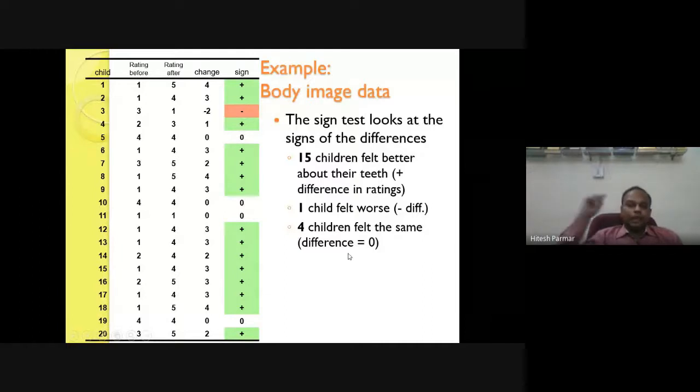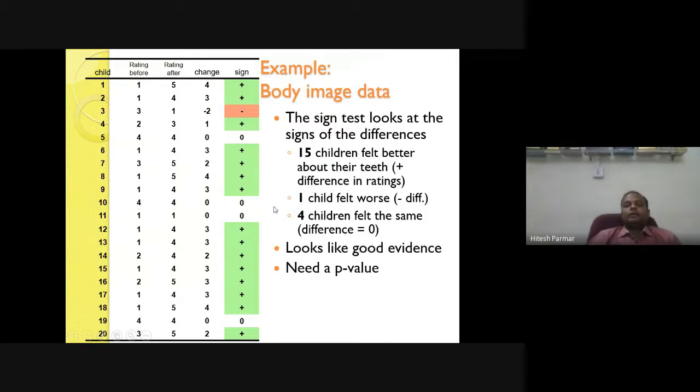And there are 4 children who felt the same, so we have 4 zeros, neither positive nor negative. So it means that we have more positive signs than negative signs. So it looks like good evidence against the null hypothesis, but we require a p-value. So the p-value will be generated by the software.